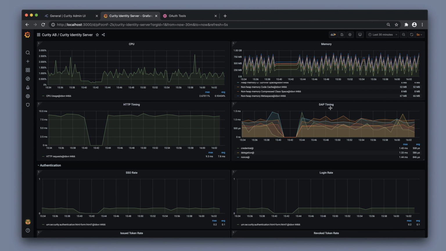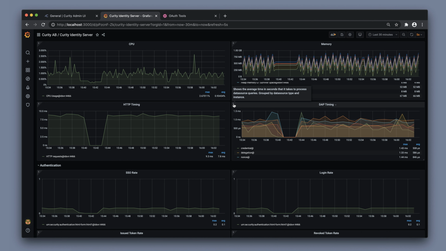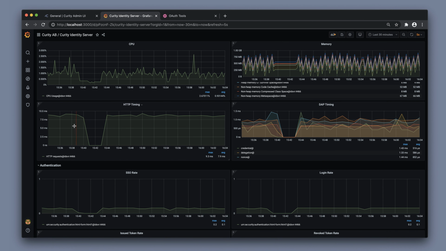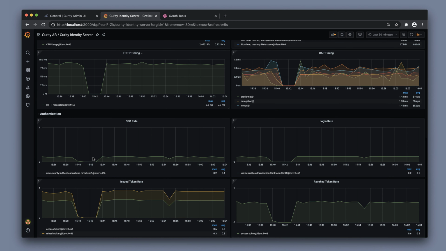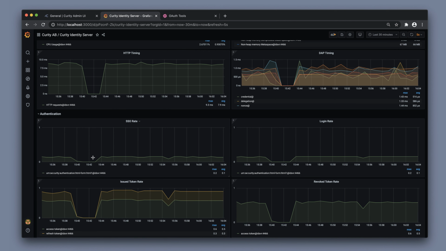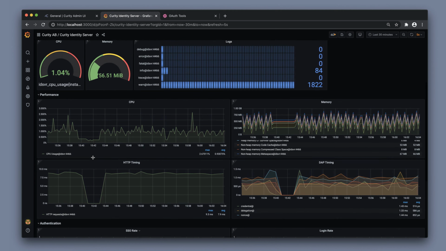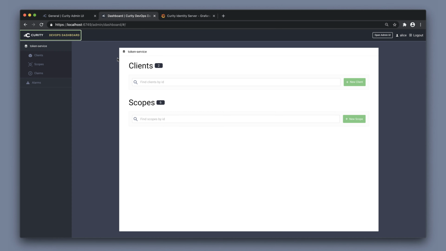memory load, and various information and details about processing times for different types of data source queries, as well as HTTP requests. It also lists authentication details such as single sign-on rate, login rate, the number of issued tokens and revoked tokens. Version 5.3 of the Curity Identity Server